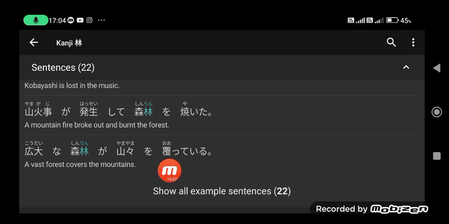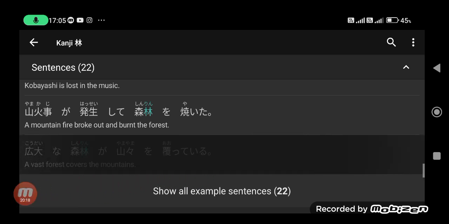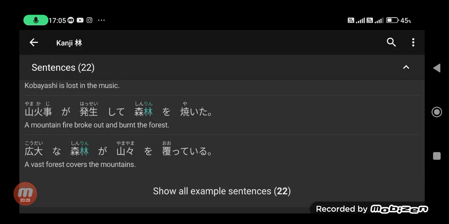This is an intransitive verb in its te form, and when you use te plus iru, it means you are currently in the state of that verb, in the progressive. Just like this. 広大な森林が山々を覆っている。